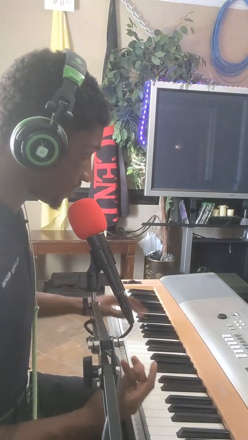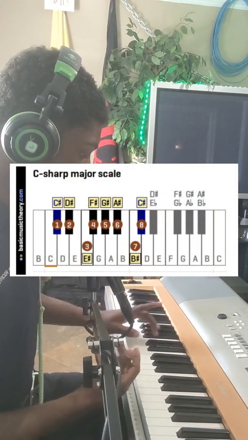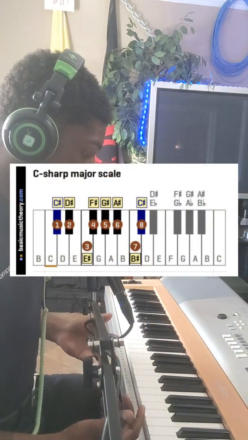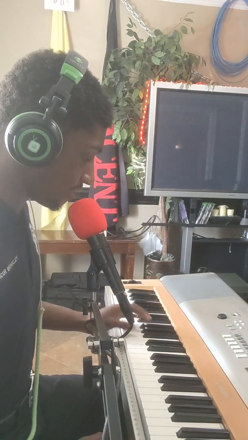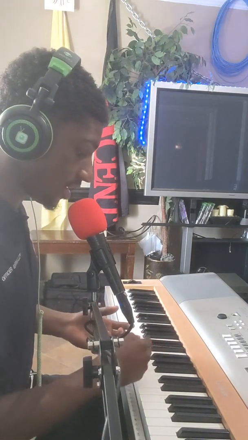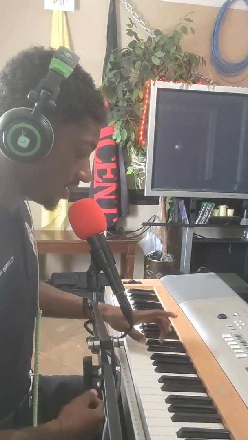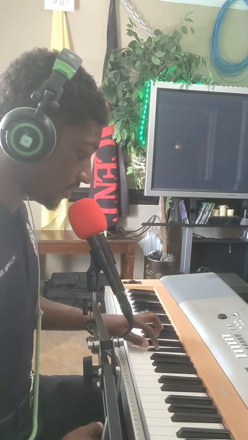If I was in the key of C sharp, right, we know C sharp is the 1 and F sharp is the 4. So the 3 notes in front of the 1 are B flat, B, C, C sharp, and the 3 notes in front of the 4, F sharp, are E flat, E, F, and F sharp. So all together it's going to sound like,